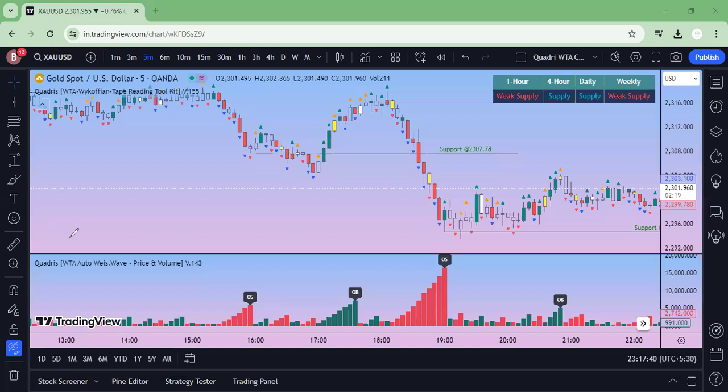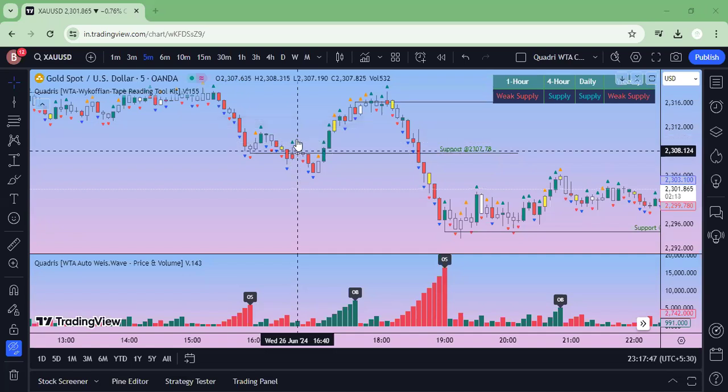If you hover your mouse over this triangle, you will see there is